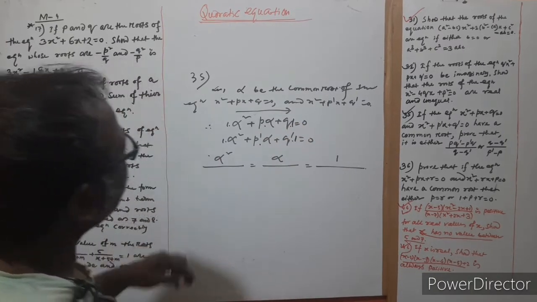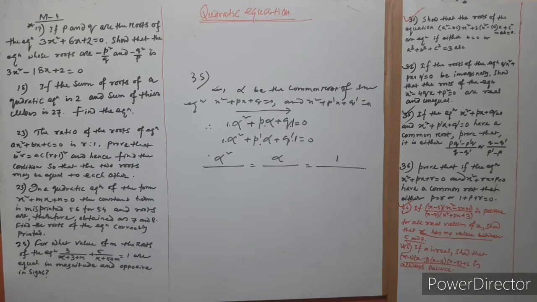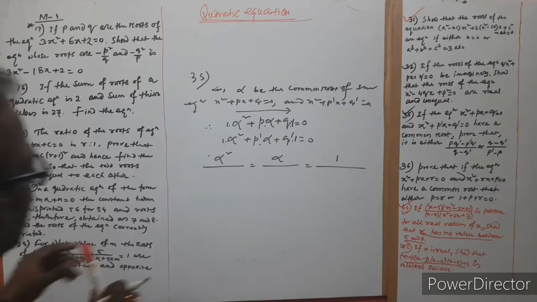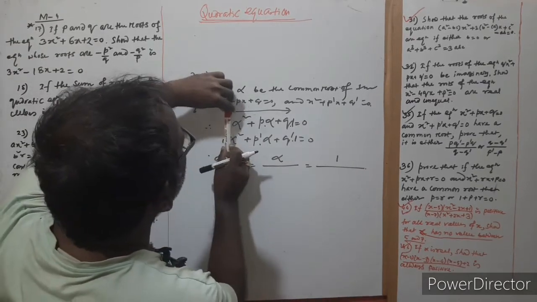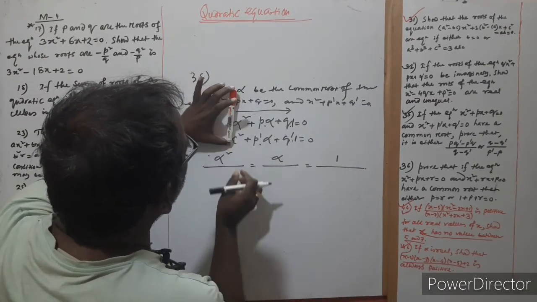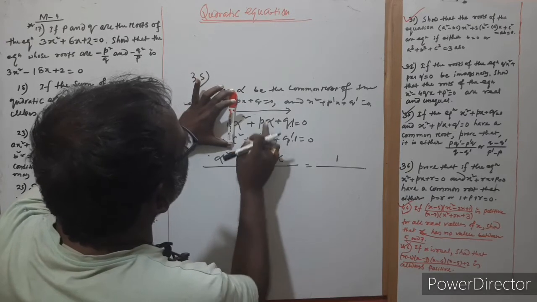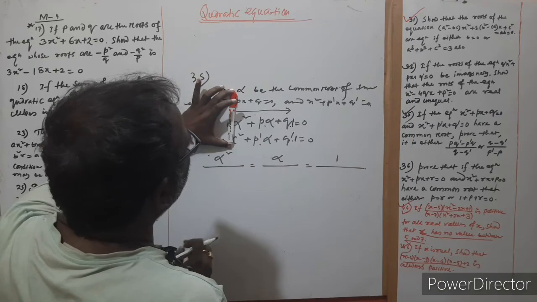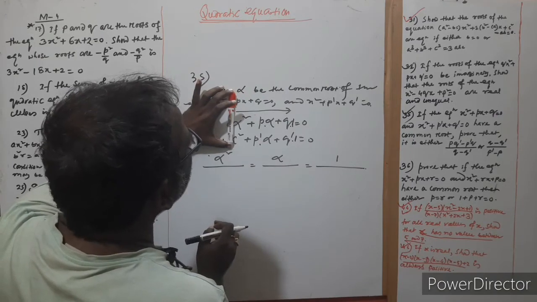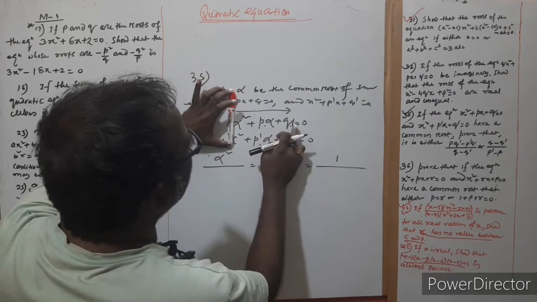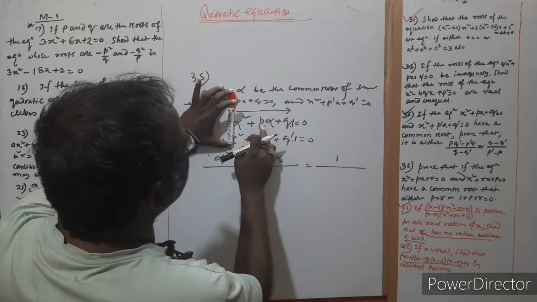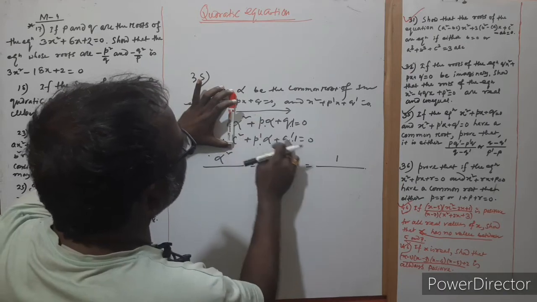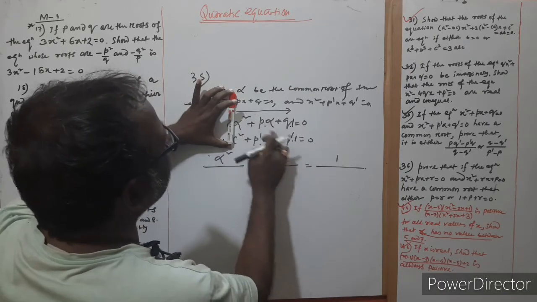If we take alpha square, we are doing this column. Then we take the coefficients of alpha and 1, which are p and q, and p dash and q dash, and multiply by the cross multiplication method. Okay, p q dash